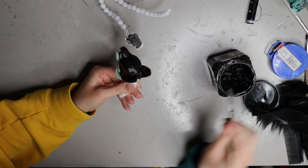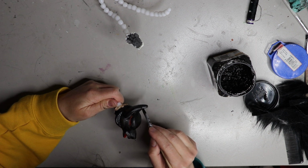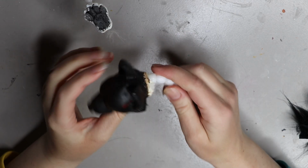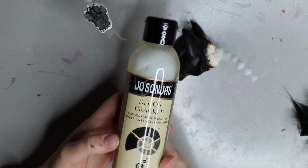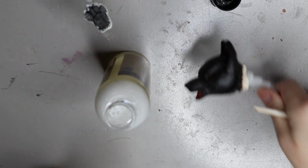And then you want this layer to fully dry before you add the crackling effect. So I'm just using a water-based acrylic paint for this one, nothing special, and just making sure it's really, really dry. And then I can start working on crackling. So I use a crackling medium